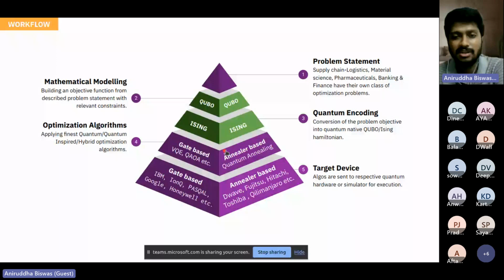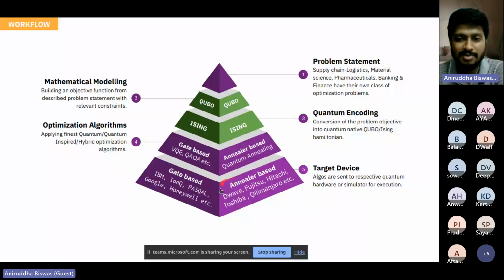And once this part is done, the next part is applying some algorithm on an underlying hardware. Also, you can think of a simulator. As we're talking about quantum optimization problems, there are mainly 2 kinds of devices you get, gate-based devices or annealing-based devices. In annealing-based devices, you see that D-Wave is there, and some quantum-inspired devices like Fujitsu's digital annealing device, then Hitachi's device, and Toshiba's simulated bifurcation machines.